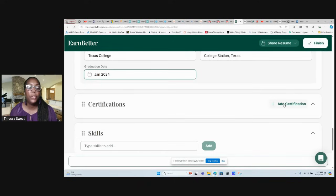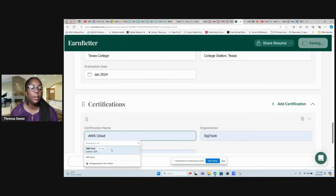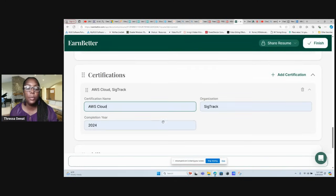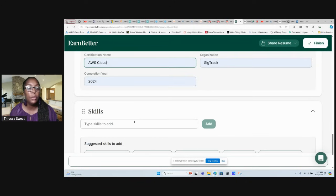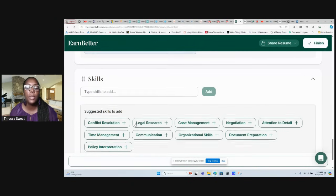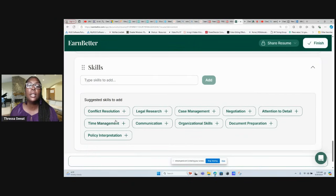If I have certifications, I'm going to put my certifications in here. Say, for example, I got a certification in AWS Cloud from SigTrack. I completed in 2024. Now I go down to the skills. What it did is it took the job title, and it found keywords for me. What you don't realize is these are the keywords that you need to implement into your resume, because if